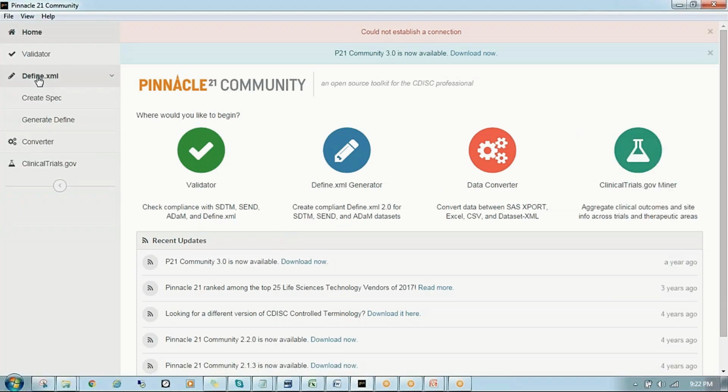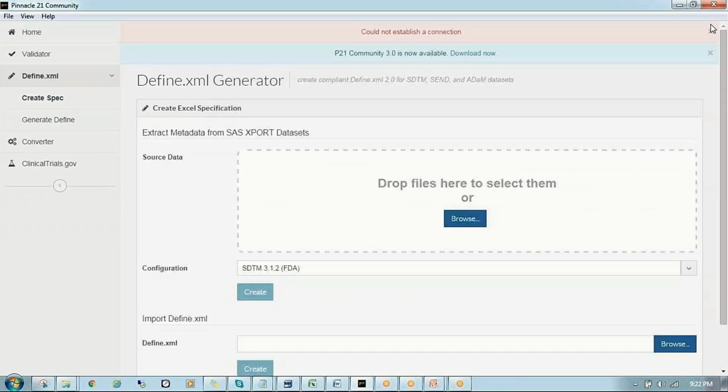Click on the define.xml, and first you have to click Create Specification File. Whenever you are going to create any define.xml package, you need to create the standard specs. For that purpose, we need to browse all the XPT files which were created at the time of SDTM. Whenever you create the SDTM datasets, along with them we create the XPT files. Otherwise, there are some tools or standard macros available to convert SAS format datasets to XPT format. XPT is the format compatible with these cases.